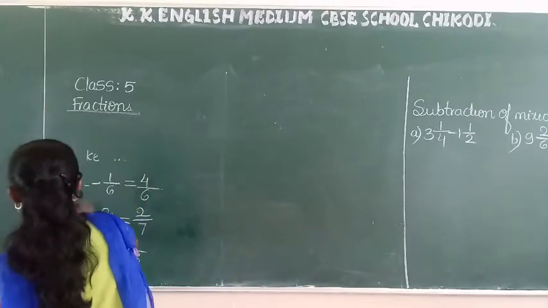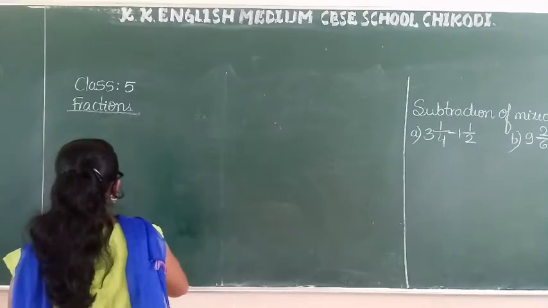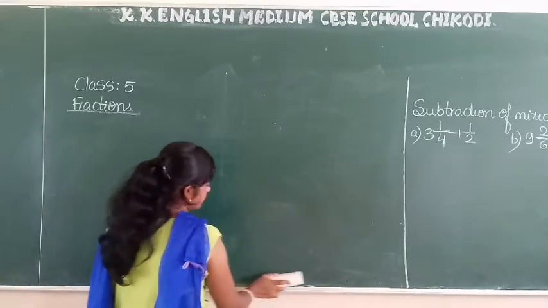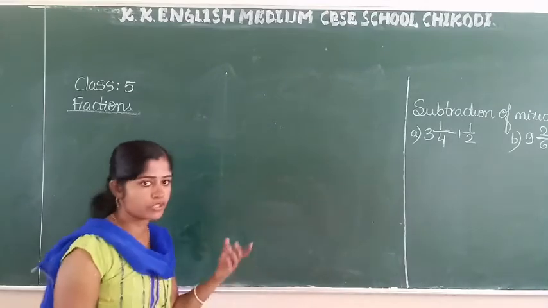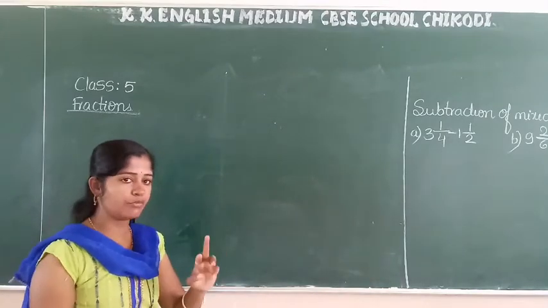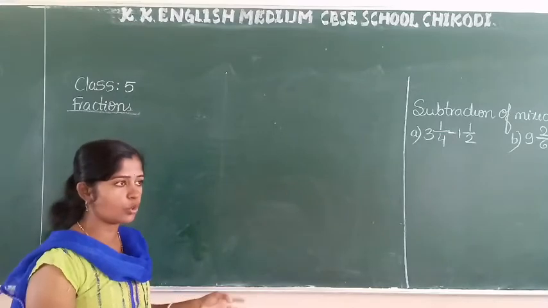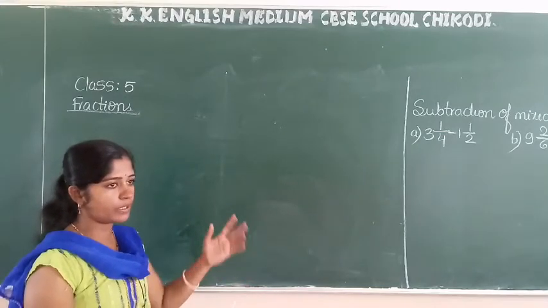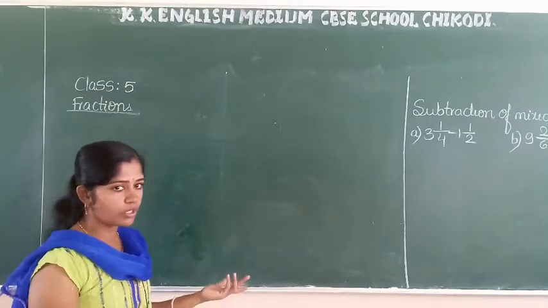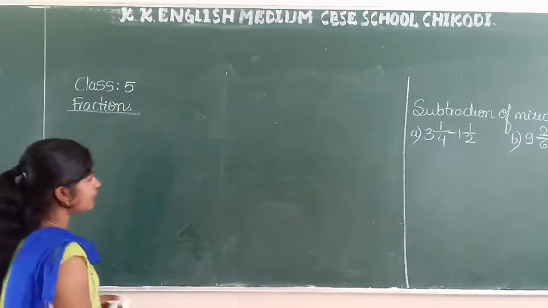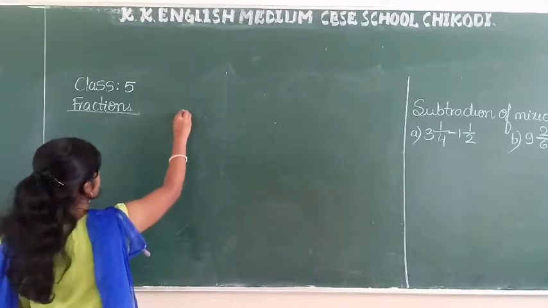In addition, you know about two methods. One is subtracting the whole numbers and one more is converting improper fraction to mixed fraction. I will follow method 2 here. Here there is no need to see method 1 or method 2. Directly you have to solve using whichever method you want. Okay, I will take one example.